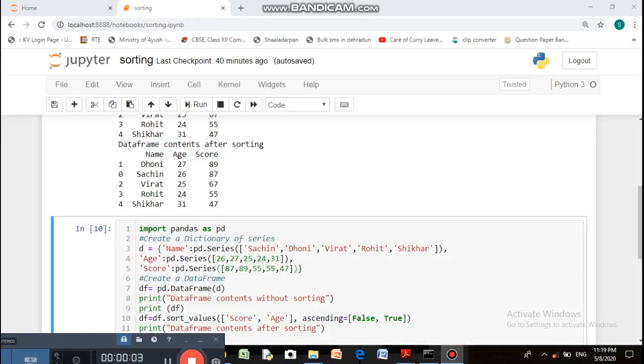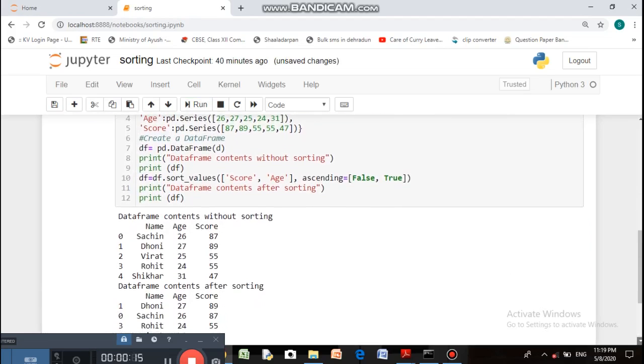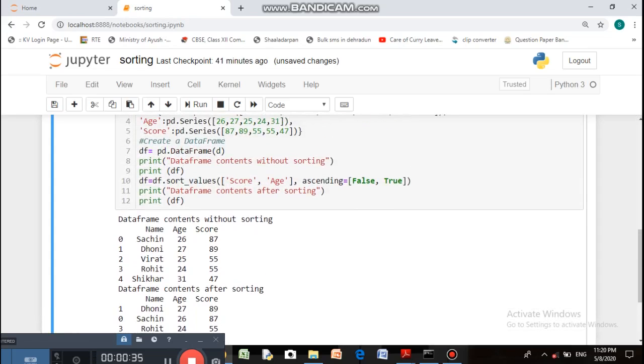Now let us run this code again. So I have removed the syntax error and see the output of this code. Alright. Now the code output is, you see here, Rohit and Virat. Their score is same, 55, 55. Now when these two values are same, the age column will be considered for sorting, because we are doing sorting on multiple columns, score and age.